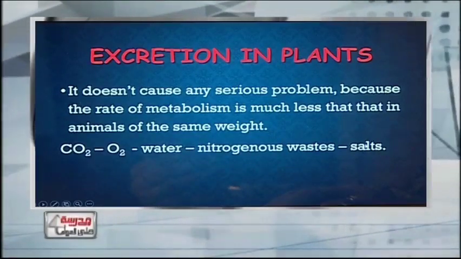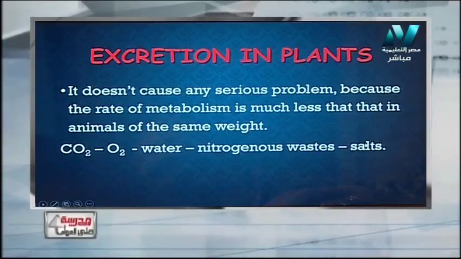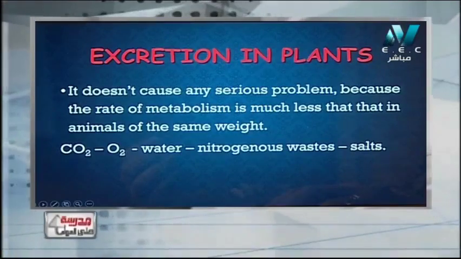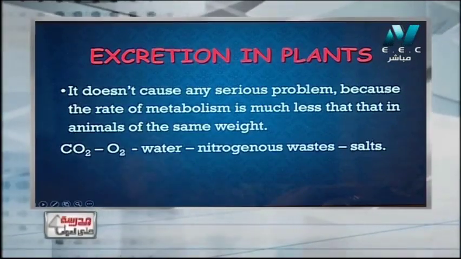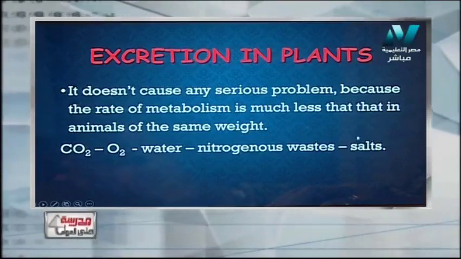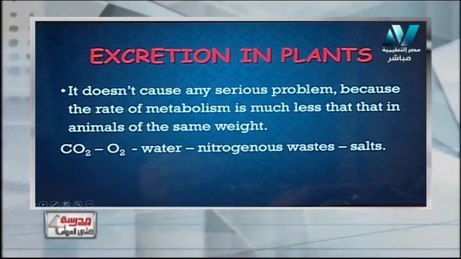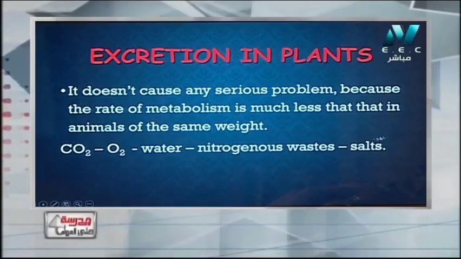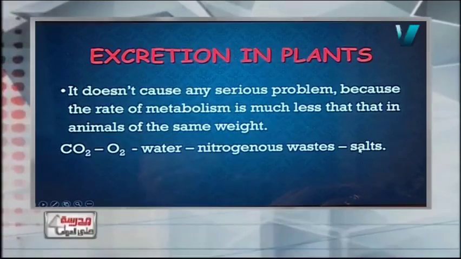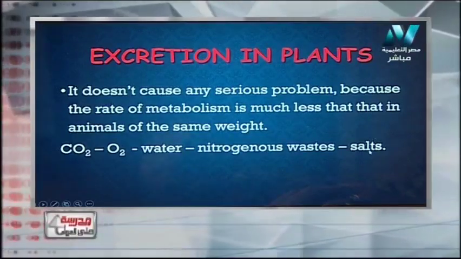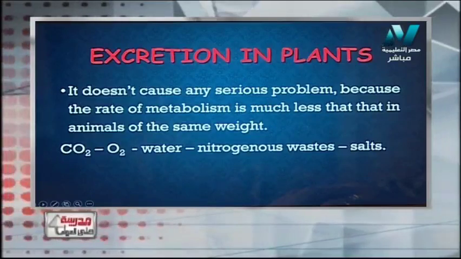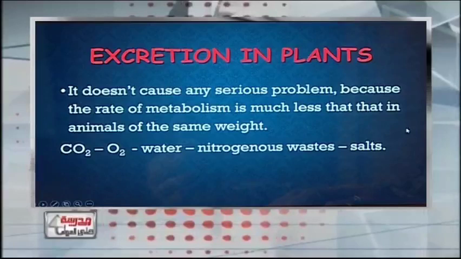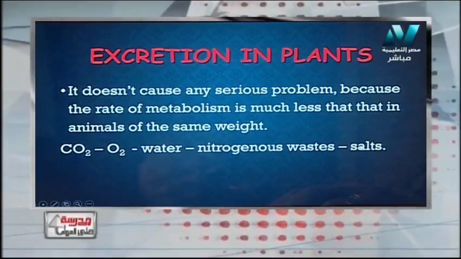For example, we say that sometimes the plant absorbs sodium, and the sodium can be in excess amount, so the sodium can be expelled out of the plant through the root and it takes potassium instead. So we say that cation exchange takes place in the root. Sodium goes out and potassium goes into the root.